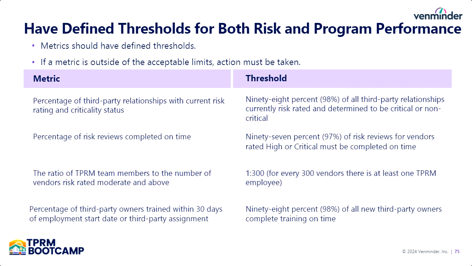The other thing about your metrics is they have to have defined thresholds or targets. We just don't want to count something. If I say I have 98 high-risk vendors, it doesn't mean anything unless I have a threshold, which is to say I don't need more than 100 high-risk vendors, or to say that I have 98 high-risk vendors today, but I only had 70 last quarter. The reason for this is, if we don't have a threshold, we don't know when to take action. So you need to make sure that with each metric, there's a defined threshold or target.